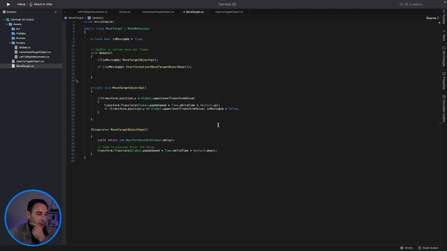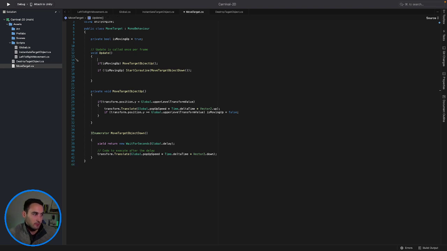So the only thing we really need to change is these to upper level and upper level transform value, okay. Pop-up speed delay, yeah, that's fine. I think that's fine. So, well, let's try this quickly. Let's go in here and say we can simply pass in a value here and say